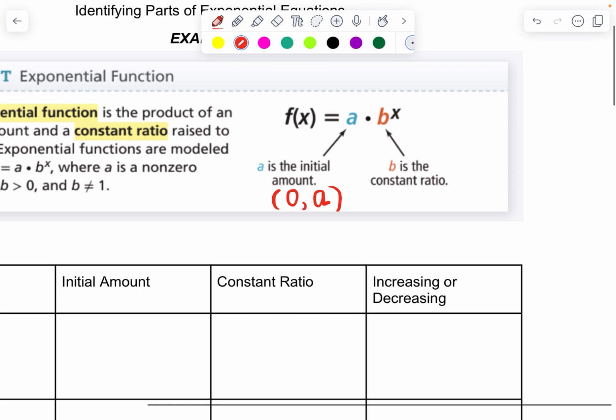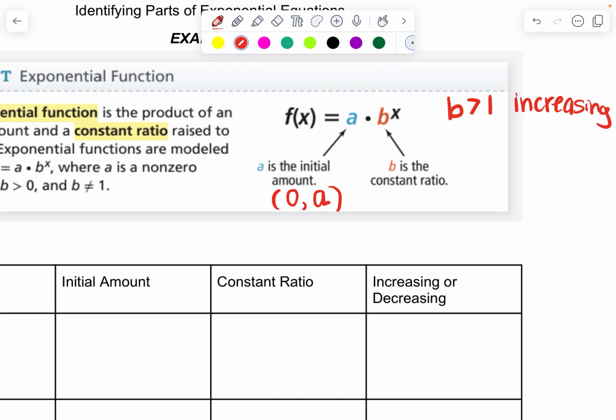We also need to decide whether it's increasing or decreasing, and that has to do with b. If b is bigger than 1, that means it's increasing, so it's getting bigger or going up. If b is less than 1, that means it's decreasing, so going down. So we're going to look at some equations here, find the initial amount, the constant ratio, and decide whether it's